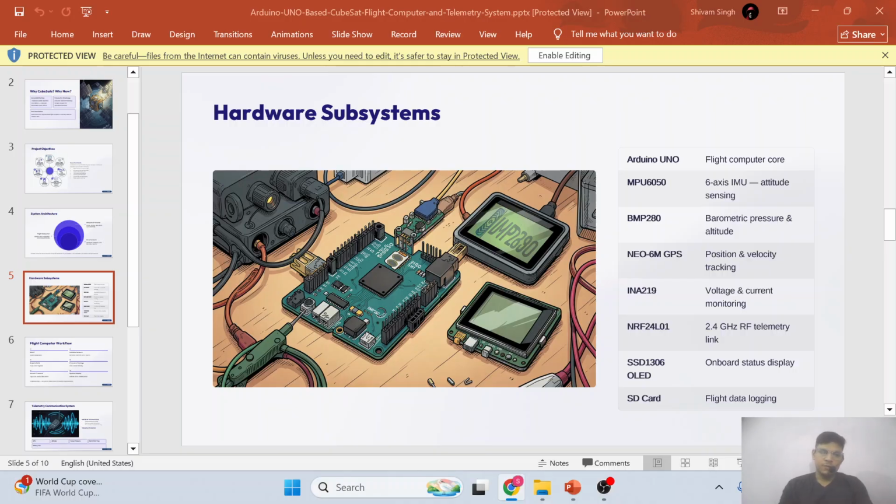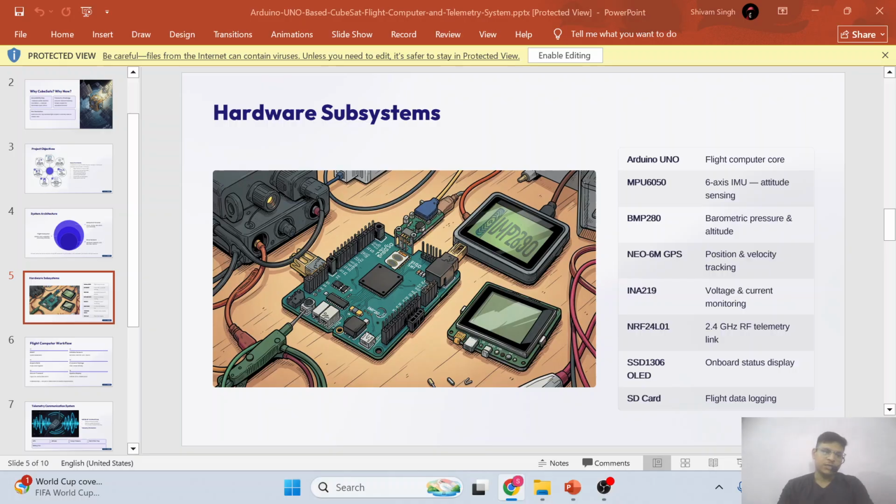The MPU 6050 provides acceleration and gyro data, along with the BMP. This is the sensing input area: the BMP280 and GPS Neo send their data to the Arduino, and the Arduino processes it and sends it through an RF module, and we receive the data using the ground station.